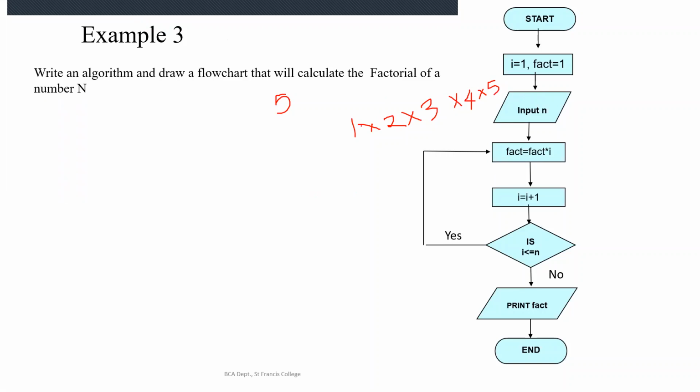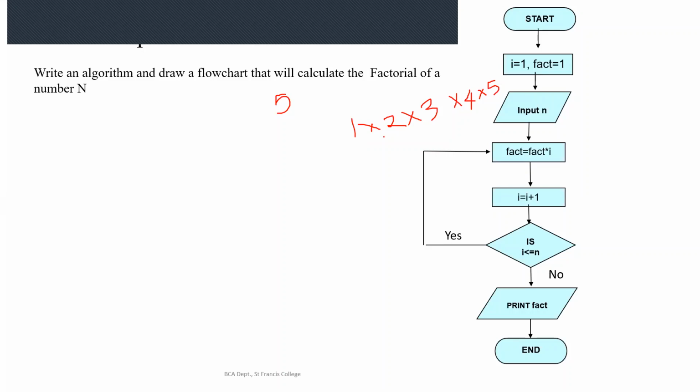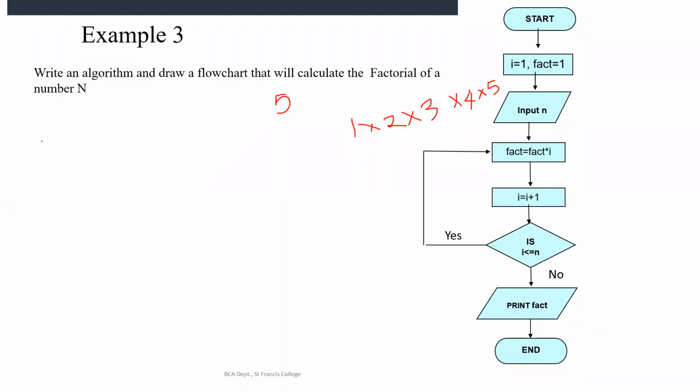So in order to find the factorial of 3, it will be 1 into 2 into 3. Factorial of 2 is 1 into 2. Got it? So this is the way how we calculate the factorial of a number. So for this program, if you are writing an algorithm for this problem, our problem is to calculate the factorial of a number. So any number we get as input, we should be able to calculate the factorial of that number. Is it clear? So if I am giving 3, I should be able to calculate the factorial of 3. If I am giving 8, I should be able to calculate it. So an algorithm should be written.